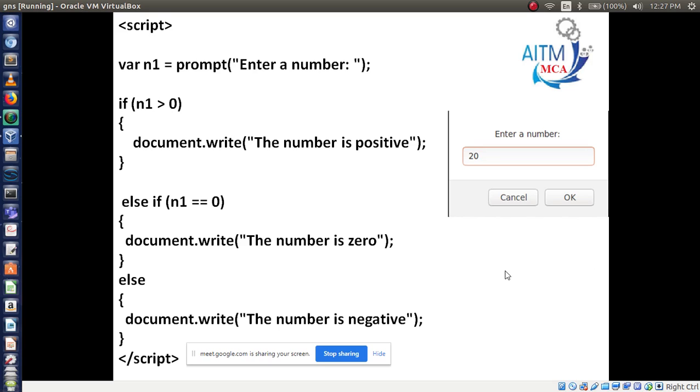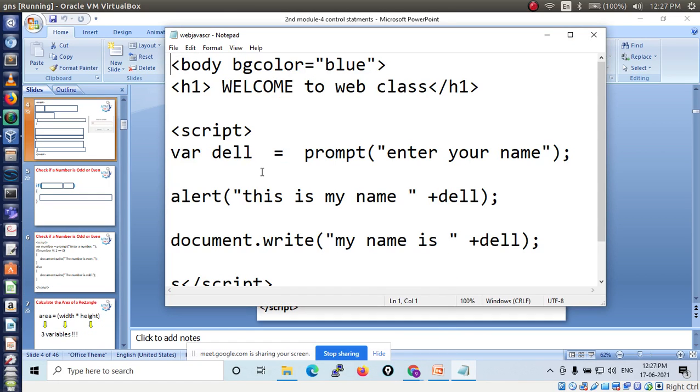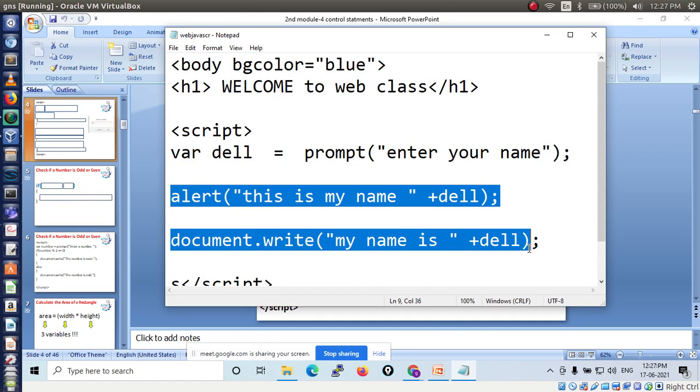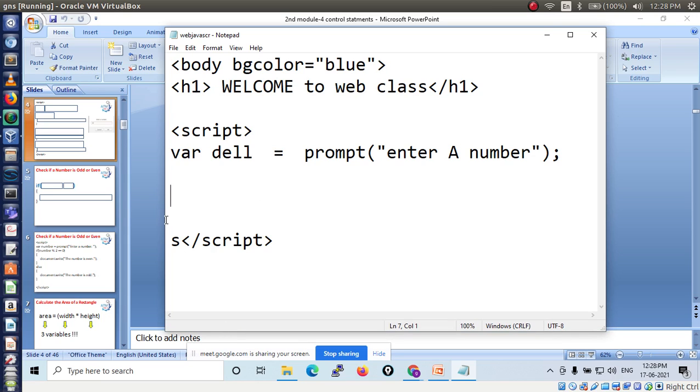Okay, see how to write the code for this. Now here I will delete this message. Now enter here, instead of writing your name, what do I have to write? Enter a number. Now I have stored that number in del, right? So the next task is what? Here I apply a condition, say yes or no.